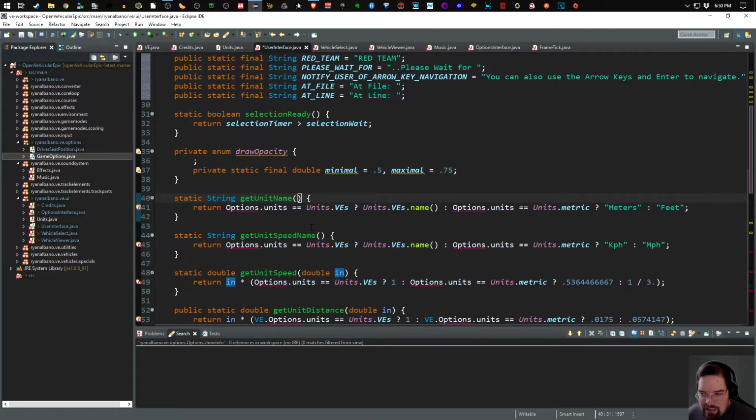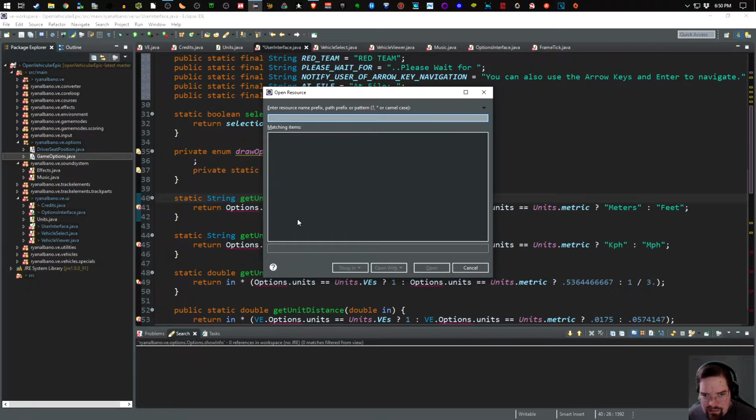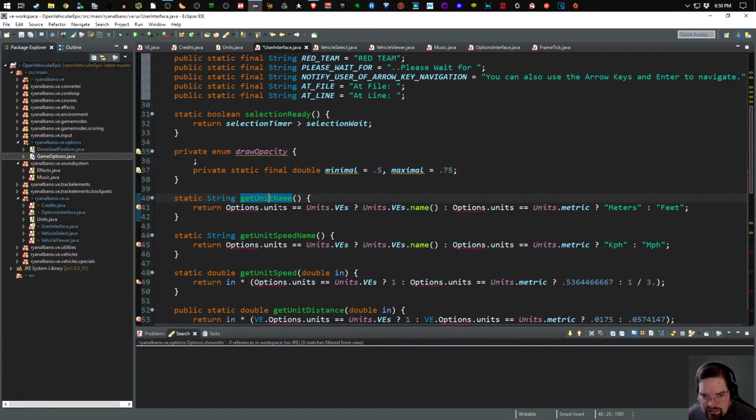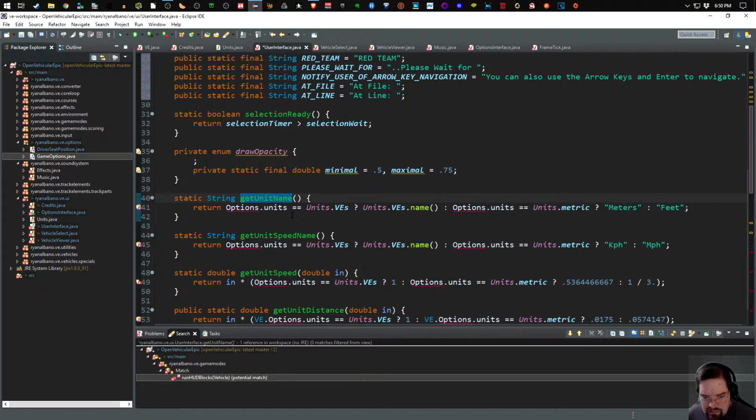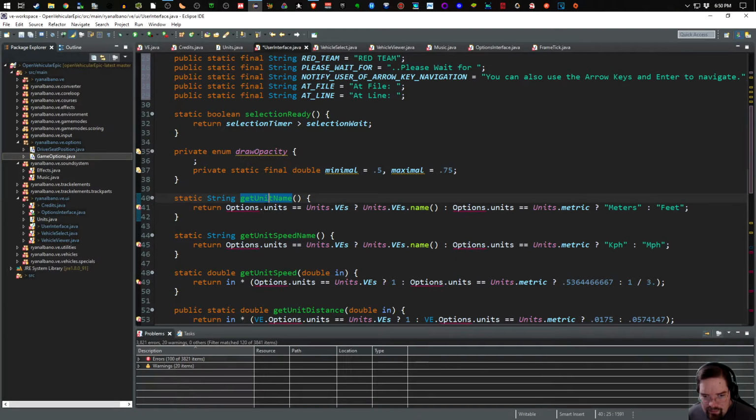And the same with the speed name, right? This is distance. This is really get distance name, right? Get unit distance name, get unit speed name. So we're going to actually rename this. Is this, that's not what I want. Is this referenced? It does have a reference. Okay. So if I do a